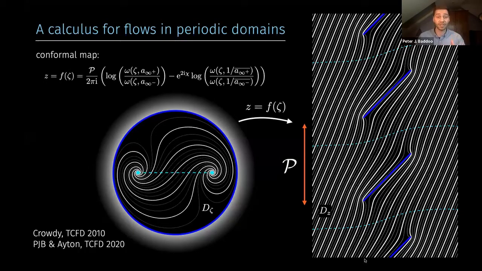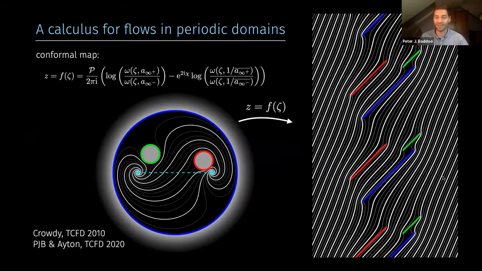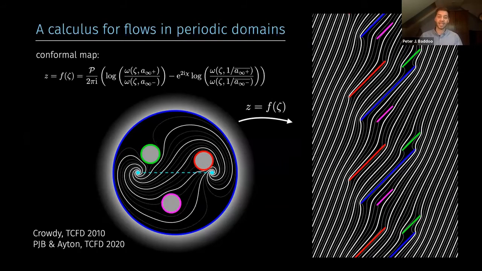And I phrase these solutions in terms of the Schottky-Klein prime function, and that means that they're valid for any connectivity. These are the preimages of infinity, one to the left and right, but this is what happens if you take out a disk, we get another boundary here, take out another disk, we get another slit here, and so on. One of the really cool things about this formulation is that it's valid mathematically for any